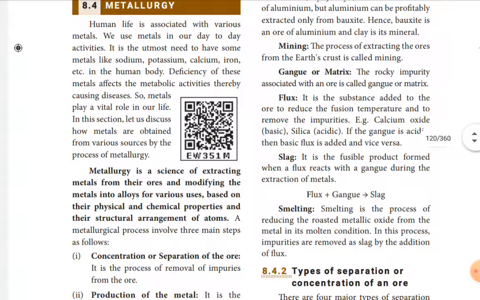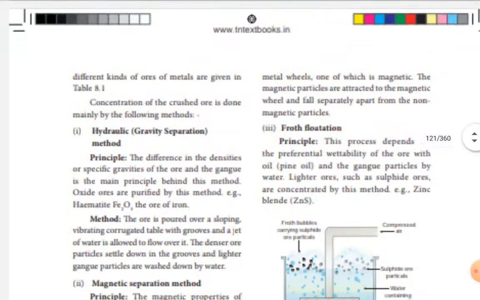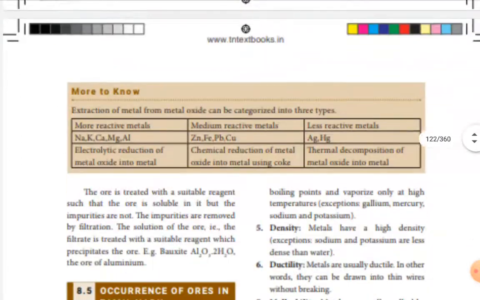Also, we have discussed the physical properties of aluminium, chemical properties of aluminium, then uses, then the extractive metallurgy of copper. Copper was named cuprum by the Romans, and it is more or less obtained in the combined state, in some places in the native state. And copper pyrite is the chief ore of copper,